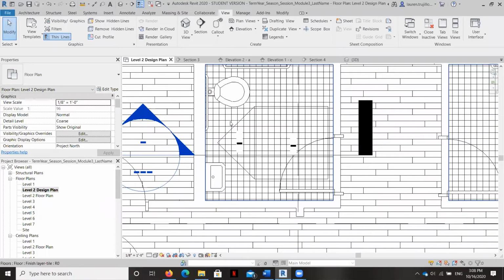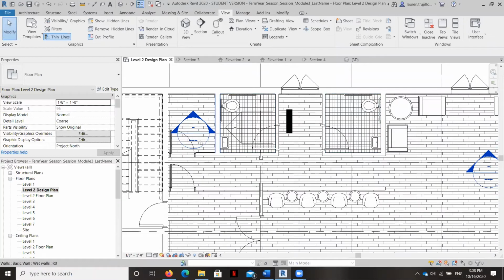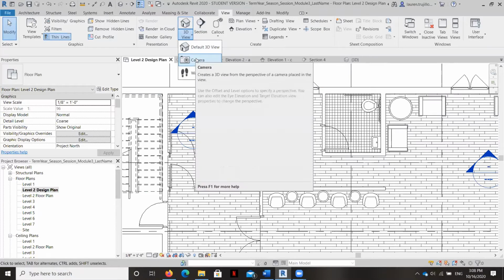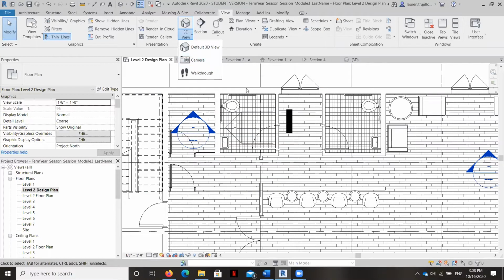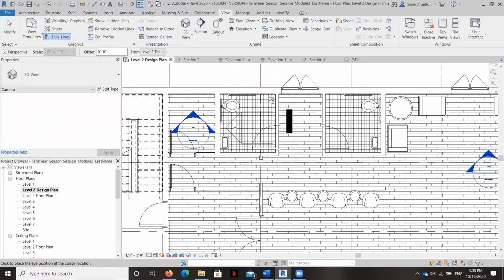Now that we have seen the elevation view of this wet wall in the restroom, I wanted to just take a quick camera view because I'd like to show you how to further adjust the wall so that the grab bars go to the right location. And I want to teach you how to use the split face tool so that you can apply multiple finishes to the same wall. So I'm going to begin by just taking a camera view and showing you what this